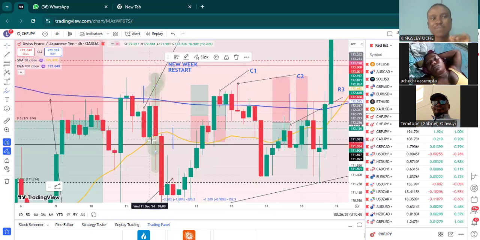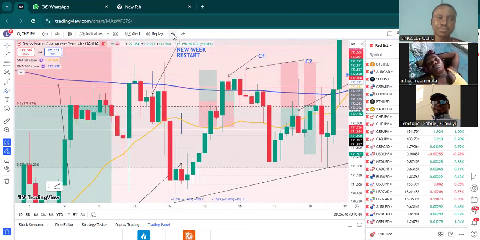We have to see that for us to see a valid candlestick formation. Okay, right? Good. Now I'm going to take that out. On the CHF JPY, on 11 December last year, if you